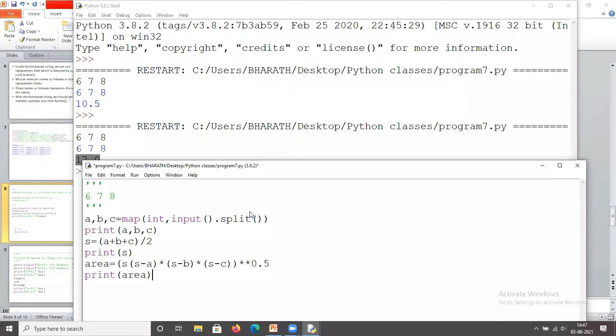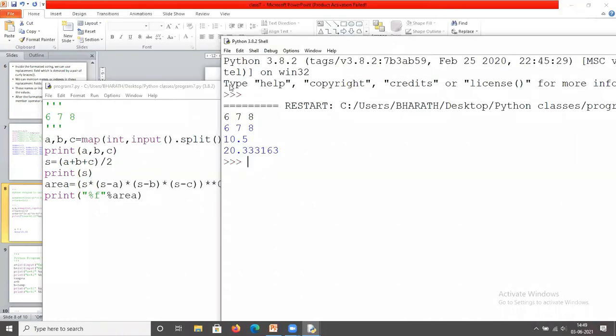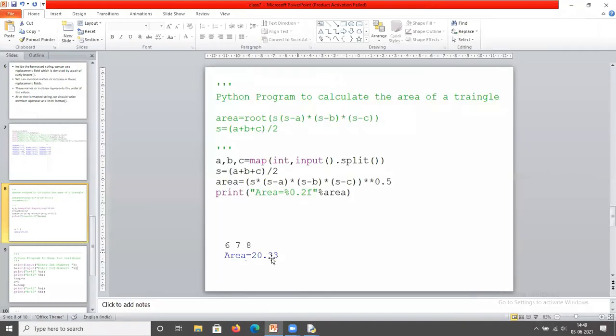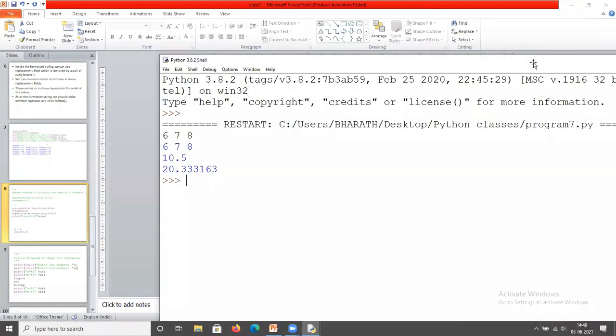We execute the program. Okay, 6, 7, 8. We get the answer. Is it correct or not? 20.3 is the correct answer. Here we got 20.333163. Now, as per the output formatting, we need only 2 digits.